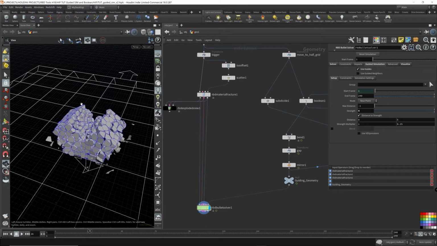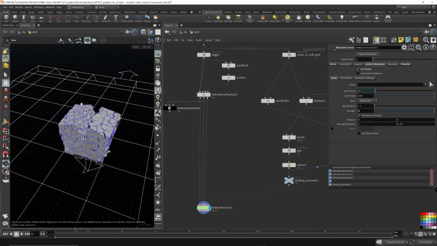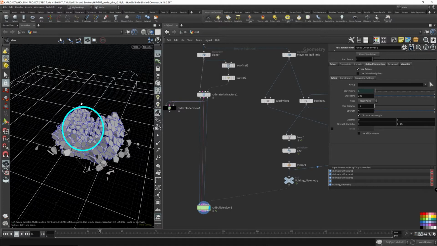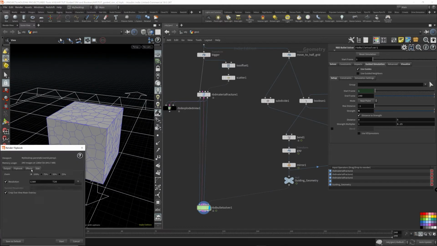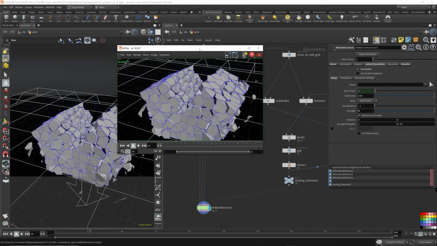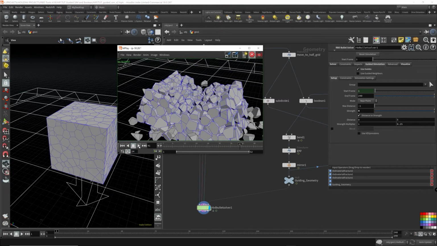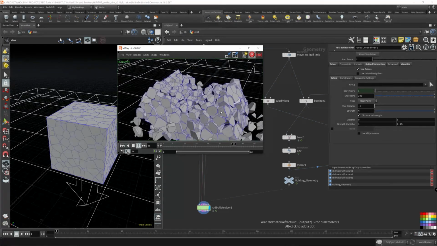I'm just going to scrub back and forth. It's shaking. It's popping in and out. It's trying to get out of control, but the strength, the influence, is too high, so it's shaking. I think to better illustrate this, I need to make a flip book. These pieces are just shaking all over the place. It doesn't look very natural.